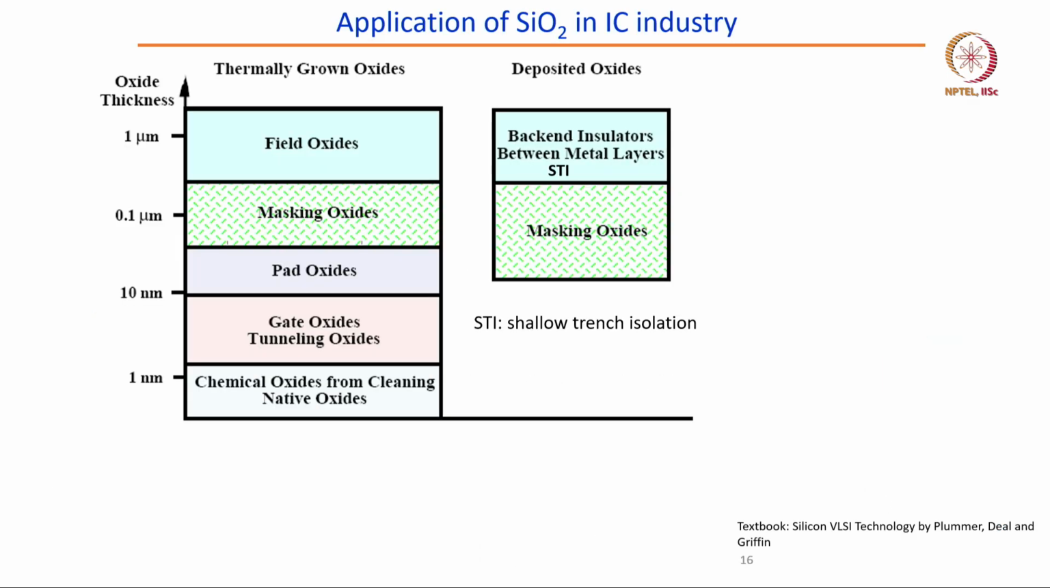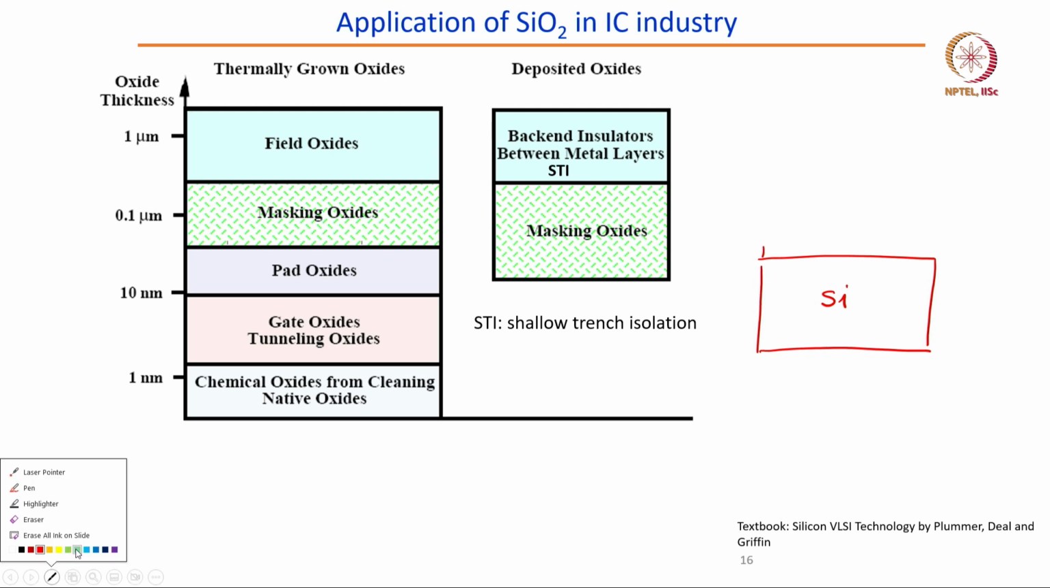its applications in the IC industry vary, right from field oxides to masking oxide to pad oxide to gate oxide to back-end insulators, and there are some native oxides also. Let us talk about this native oxide and how to remove it. Native oxide is nothing but, if you have a silicon wafer, this is a cross sectional view of the wafer, and there will be a formation of a very thin layer of oxide,